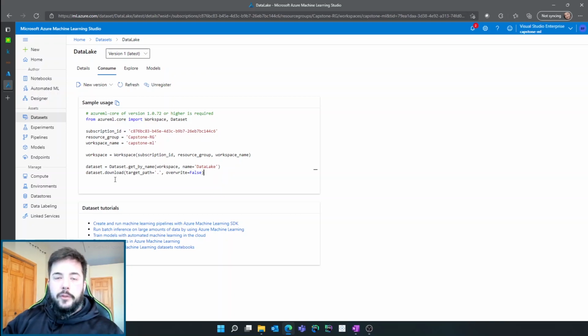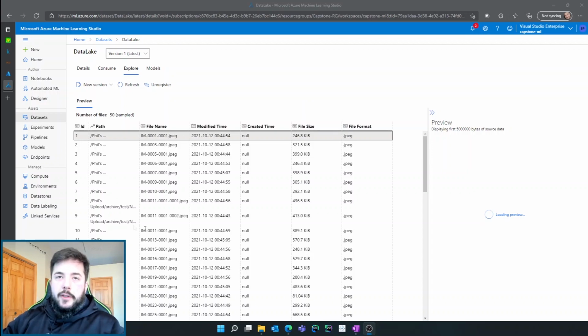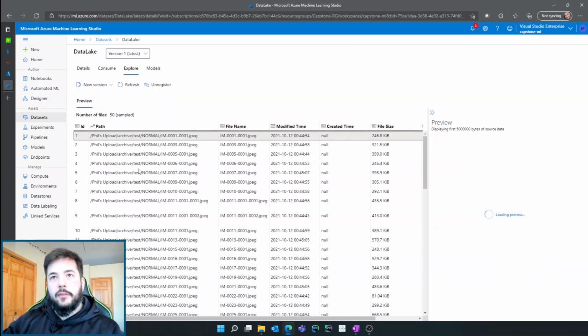And I'll show you how we mount this to a VM when we get to the notebook section. Okay, one other thing we can take a look at is on the Explore tab. This takes a minute to load, which is why there's a cut here. Anyways, you can see some example paths of some files, and you can see file names, the size of the file,